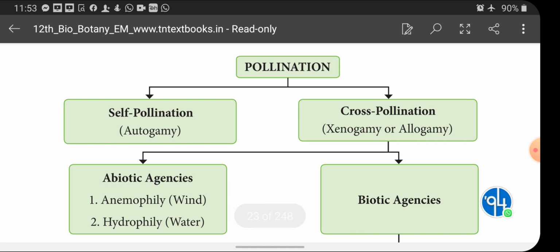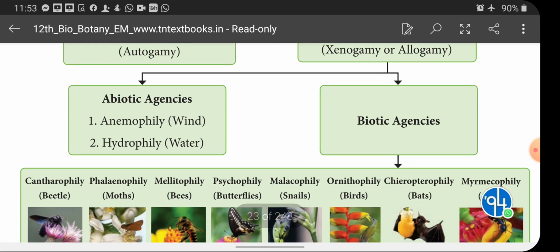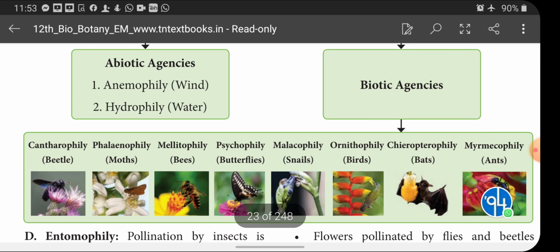So pollination, two types. This flow chart please go through yourself, children, and here you will get different types of biotic agents and their study. See Cantharophily, beetle; Phalaenophily, moths; Melittophily, bees; Psychophily, butterflies; Malacophily, snails; Ornithophily, birds; Chiropterophily, bats; Myrmecophily, ants. How will we get a question from this? Define